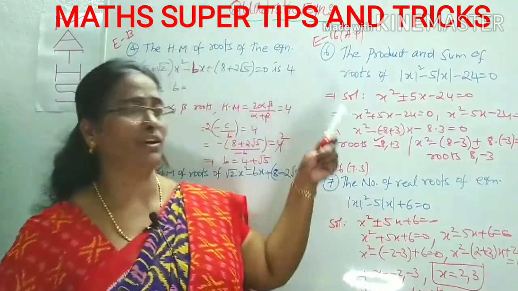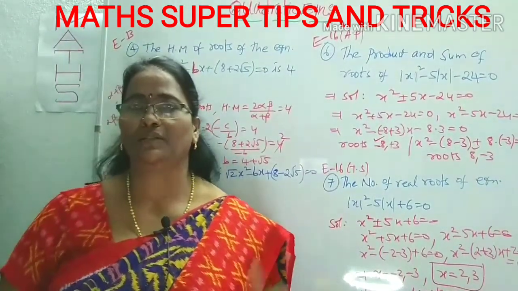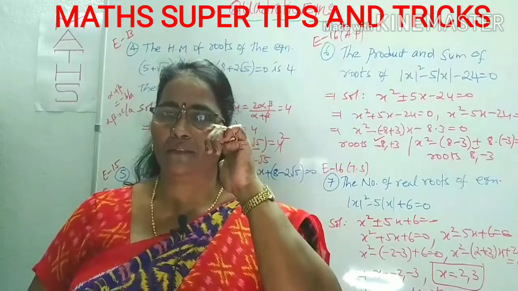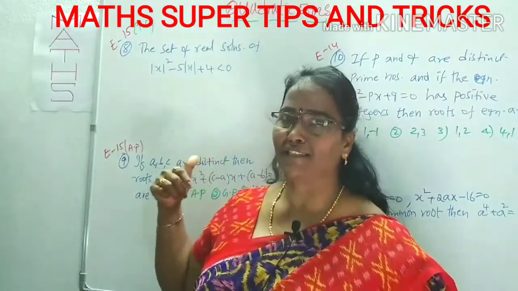In the previous question, what was asked was the sum and product. Here, how many of them are there. Is it clear? Here we have to concentrate majorly on the modulus function. Right. Ready for the next questions?